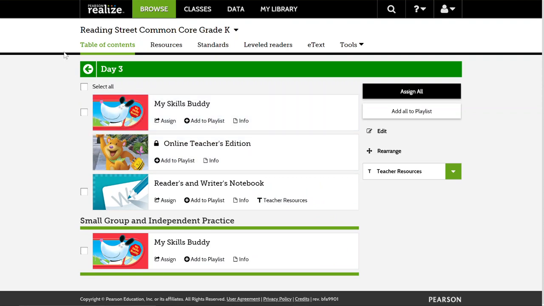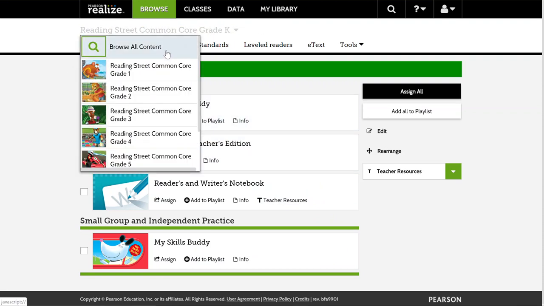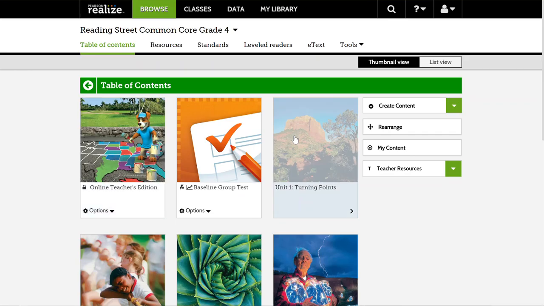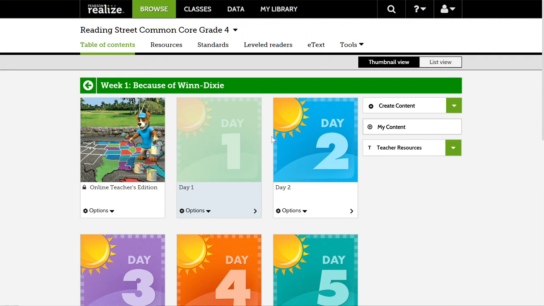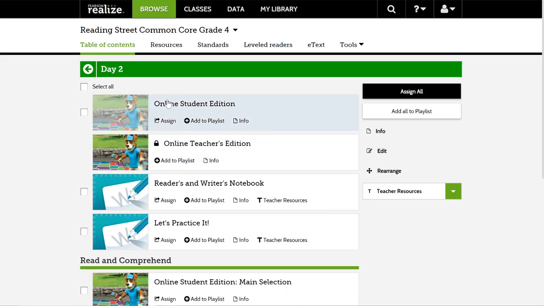One quick note, at any grade level, if you are using the student text, I'm going to switch for a moment to a higher grade, grade 4. Okay, going into Because of Winn-Dixie, if I go into day 2 and I use the online student edition, it is going to automatically send me to whatever page the teacher's manual is saying I should be on day 2 of this week. So you want to play around with which day might be best to assign to students, whether you're assigning on a daily basis or you're assigning